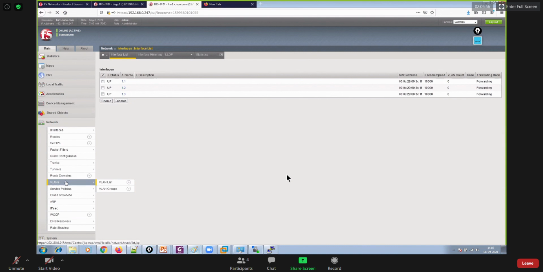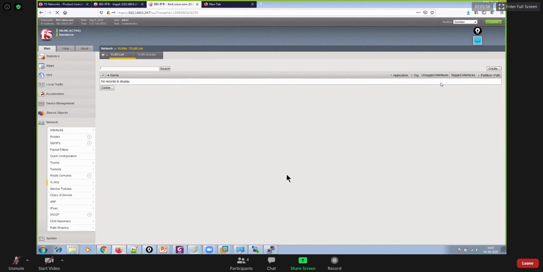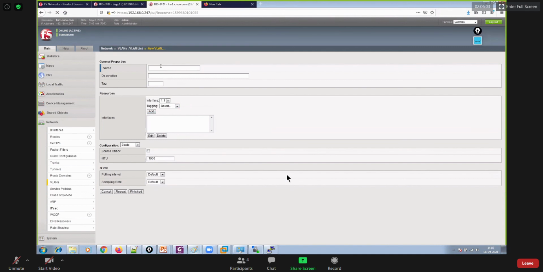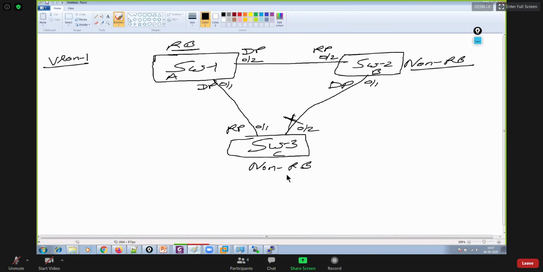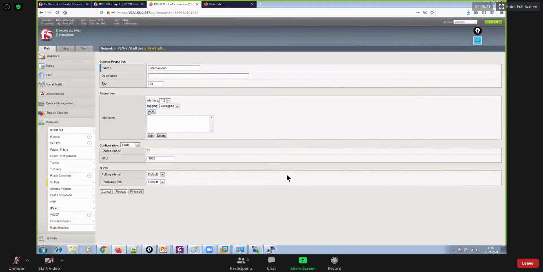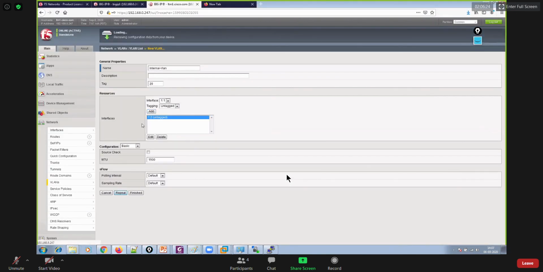So in case you do not use Ether channel, you go and create VLANs directly. So assign some name to your VLAN, let's say internal VLAN, ID that's VLAN 20, and that's interface 1.2, and this time untagged because I'm using dual leg deployment. So in that condition, in dual leg deployment, I'll be using access ports on my switch, so I will not perform tagging, right? So then again, say repeat. So create one more VLAN, and the VLAN name would be like external VLAN, and that would be VLAN 10. So wait for a moment.